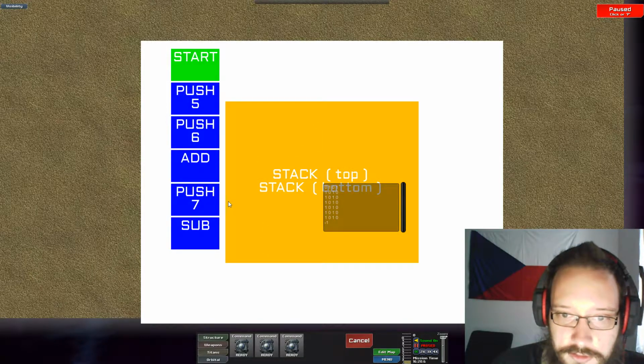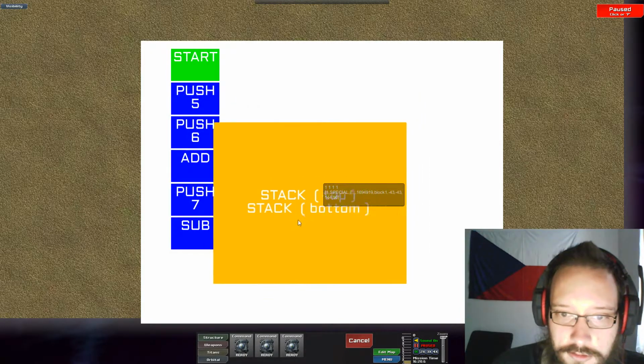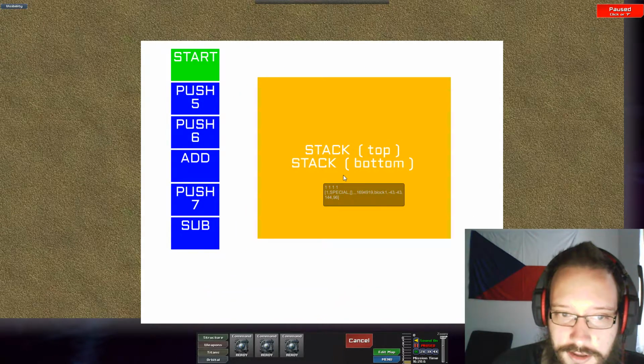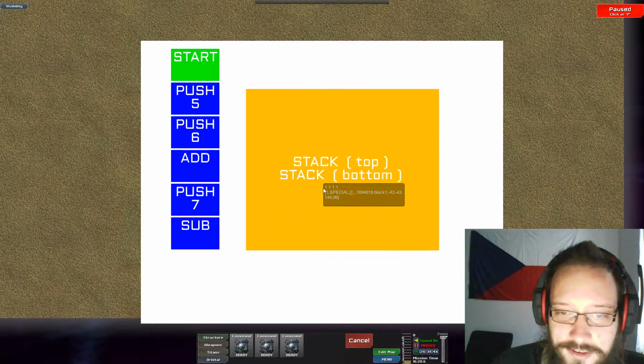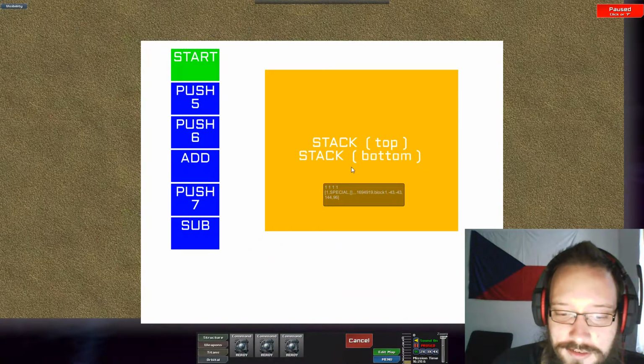So wait, which one? It seems the first line is the stack, right? But the X check doesn't work. Oh. Okay. We got something going on here. I mean, the problem is obviously that